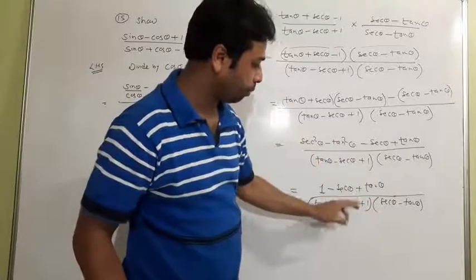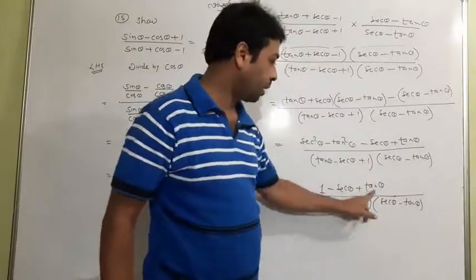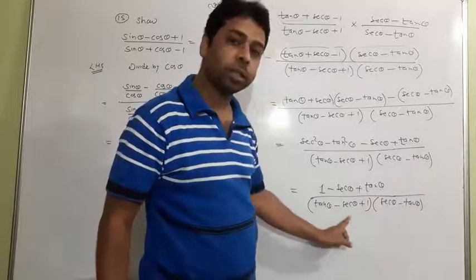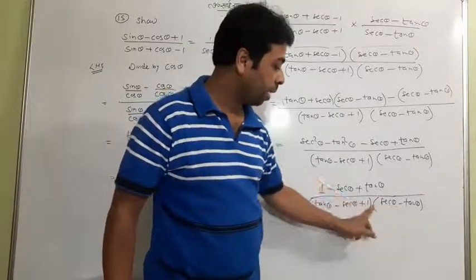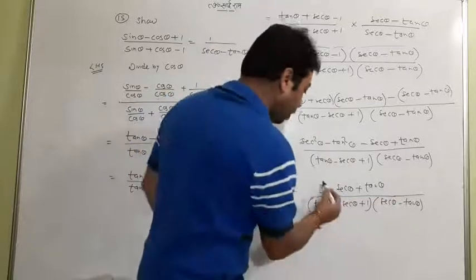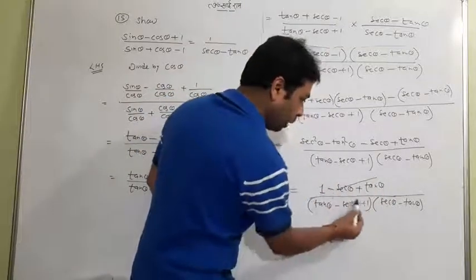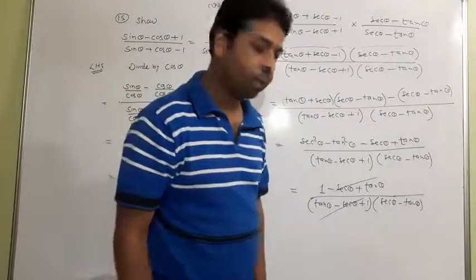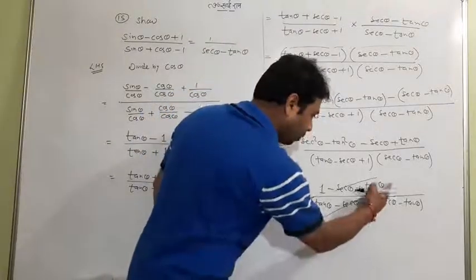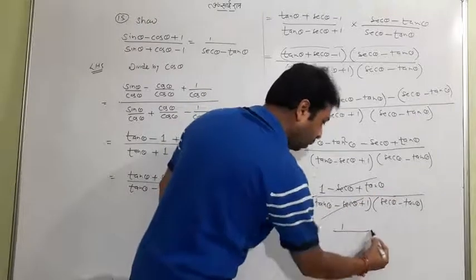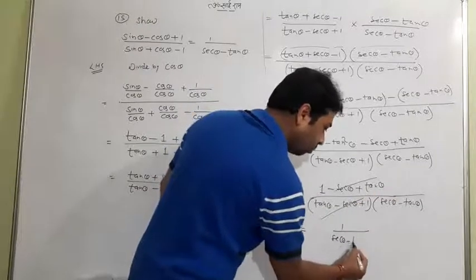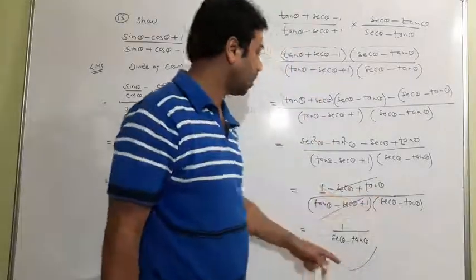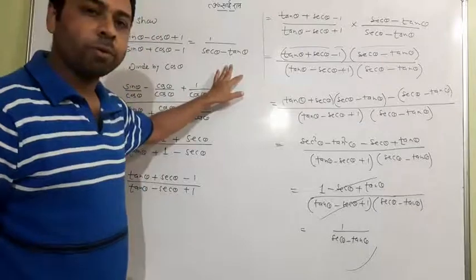These two terms are same. Now read with me. It is tan theta minus sec theta plus 1. It is tan theta minus sec theta plus 1. And the terms are in multiplication. Definitely this whole numerator will cancel with the part of the denominator because both are looking same. See, so what remains now? Upside, the whole cancels, 1 will be upside, and sec theta minus tan theta will be just downside. So 1 upon sec theta minus tan theta, ultimately you got an answer.